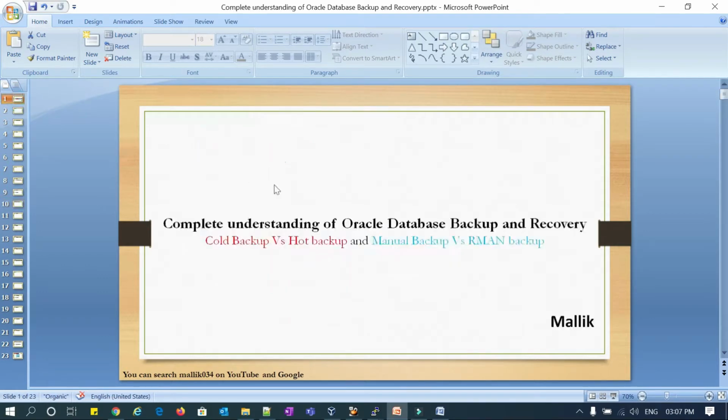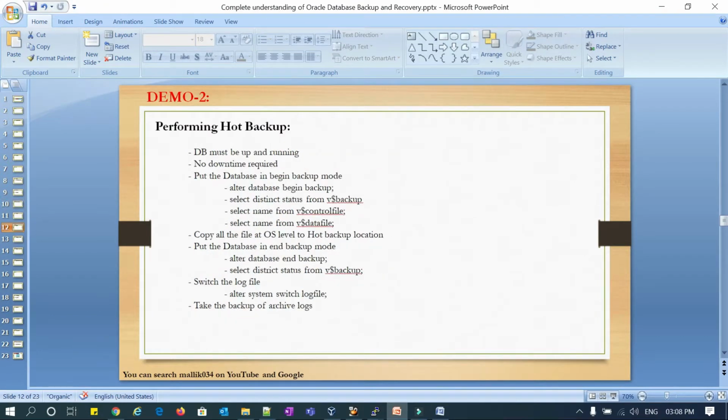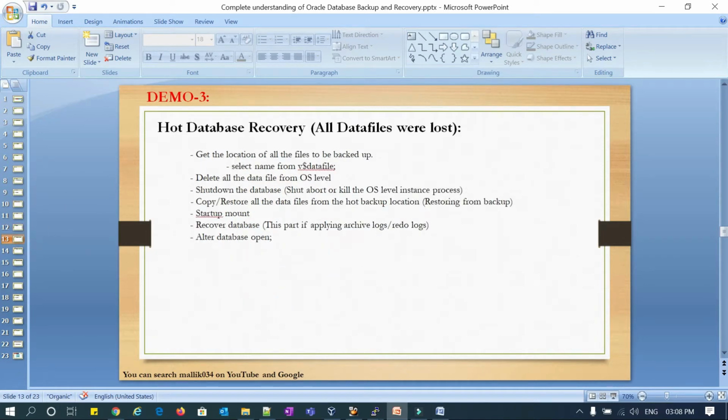In my first session, we discussed the theoretical part about different backups and recovery methodologies and various backup tools, and consistent, inconsistent backup and consistent and inconsistent recovery. Hot backup, cold backup, everything we discussed in the first session, and then we covered one live demonstration on cold backup and recovery, and now we are starting with the hot backup and recovery. When I do the hot backup, I will simulate a failure by deleting the data files, and then we'll show you a demonstration of how to recover it.